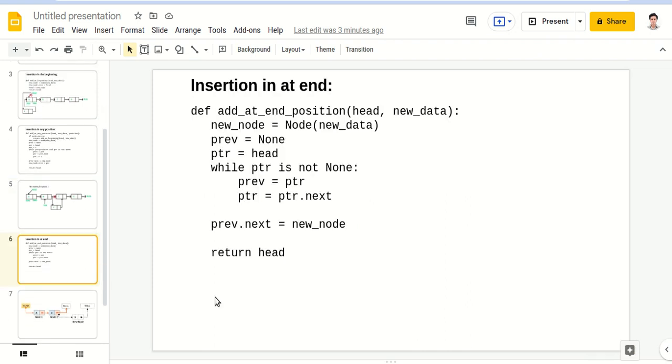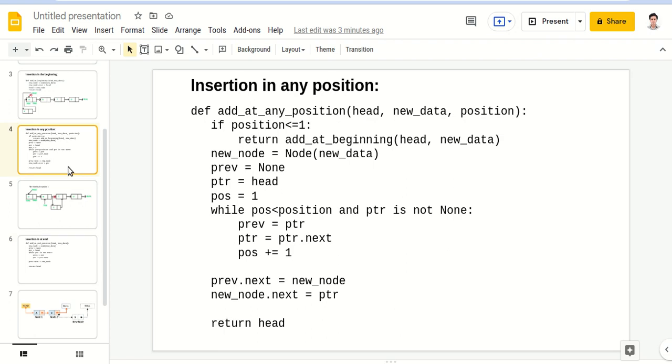Now let's check the code for insertion at the end. This is very simple. This is a special case of insertion at any position, when we are inserting at the last position.